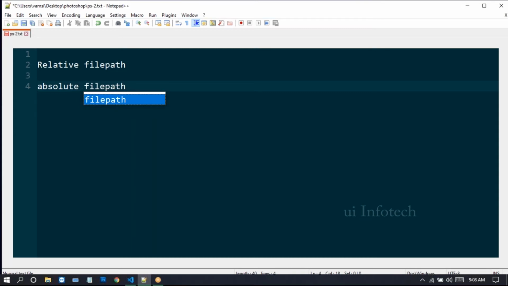The relative file path is related to the folder, and we can give this relative file path using the file name, slash, forward slash. After that, we give the file here. Next, for the absolute file path, we can give the absolute, accurate URL for giving the file path.